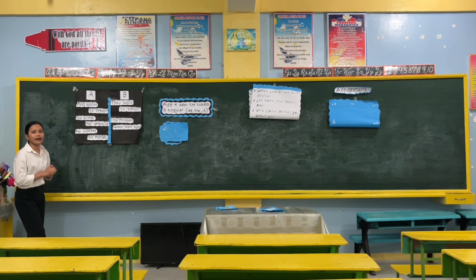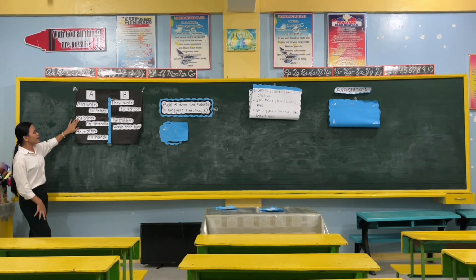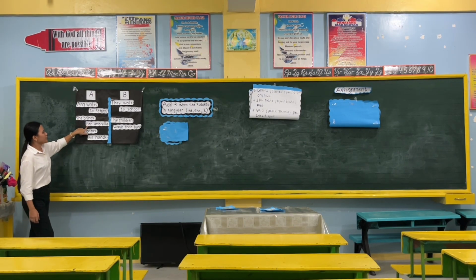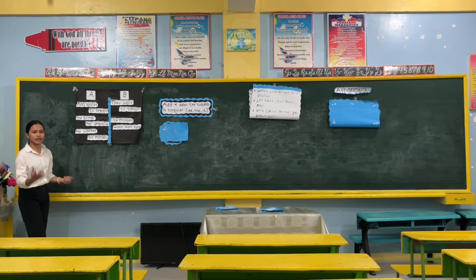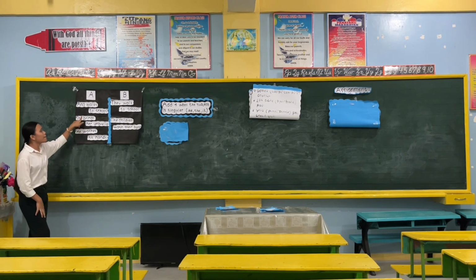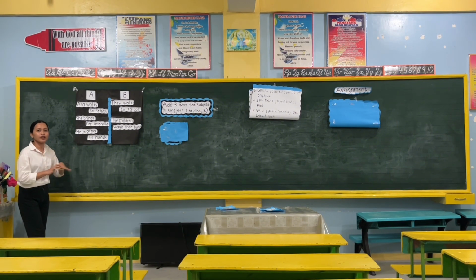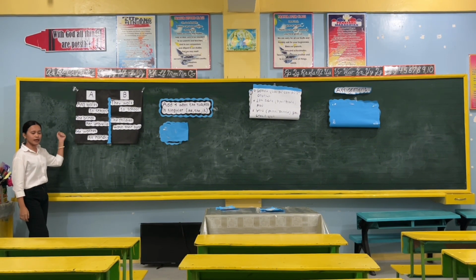Because Anna is singular. And then the next is she brings her umbrella. So what is the subject here? She. Is the subject here singular or plural? Singular. Okay, very good. So what is the verb here? Brings. Okay, so the verb here has S because the subject is singular.